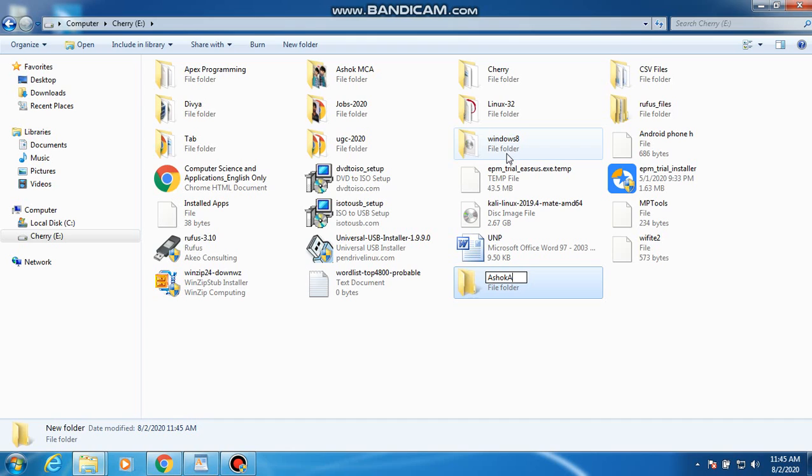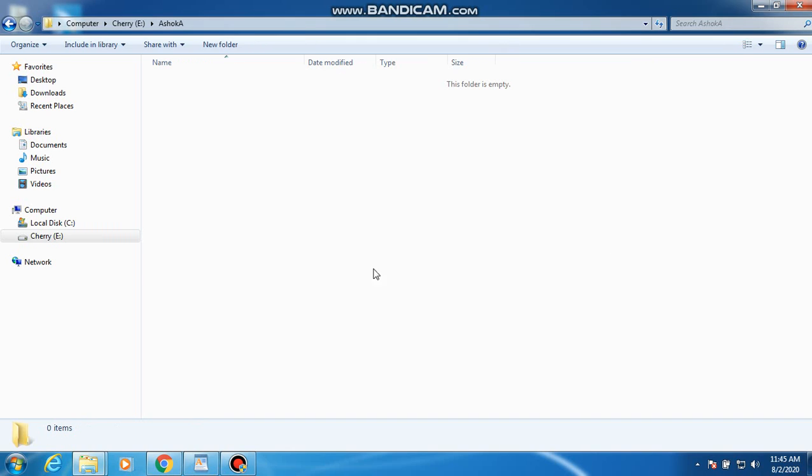Now I am in the folder on E drive, Ashoka. All of the files will be saved in this Ashoka folder.